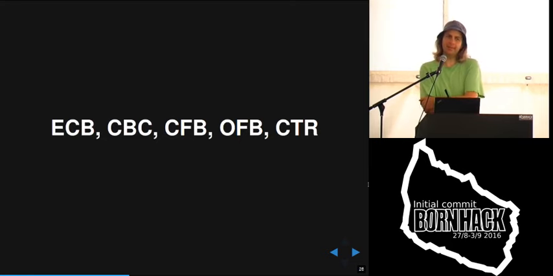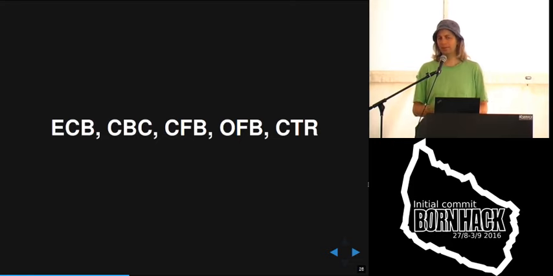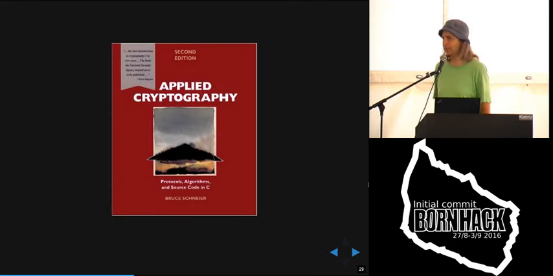Then I had a conversation with someone who apparently was a professor in computer science, who was doing crypto lectures, and I asked him what cipher modes he's teaching. He told me these exact same 5 cipher modes. Then I did a Google search on computer science crypto introduction courses, and almost all of them teach these 5 cipher modes. I wondered, why is that? Is there some secret list that all the computer science people get of which cipher modes they should teach? And actually there is this list, and it's in this book.